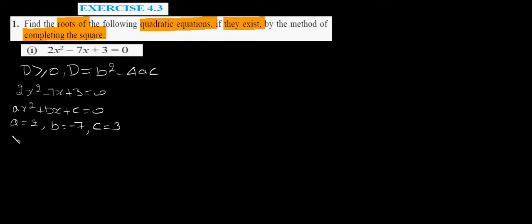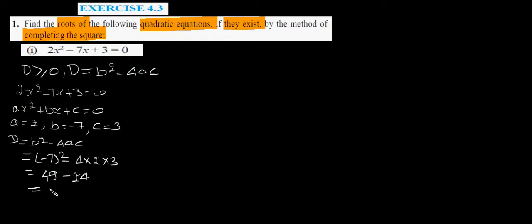So from here we can find the value of D. D is equal to b square minus 4ac, which is equal to minus 7 square, because the value of b is minus 7, minus 4 into the value of a, which is 2, and the value of c, which is 3. Minus 7 square is 49, minus 4 into 2 is 8, and 8 into 3 is 24. This is equal to 25, which is greater than or equal to 0. Obviously this is greater than 0,